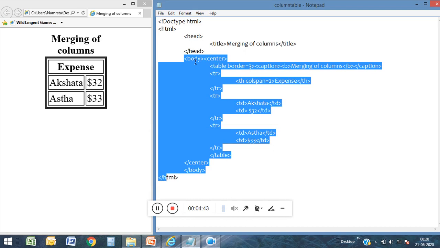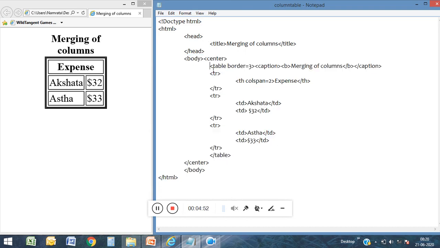Now in the body, I want to display all the content at the center of your web page, so I use the center tag. To create a table, you have to use a table tag. Whenever you create a table, there is no border around it, so you compulsorily have to use the attribute border. Now 3 indicates